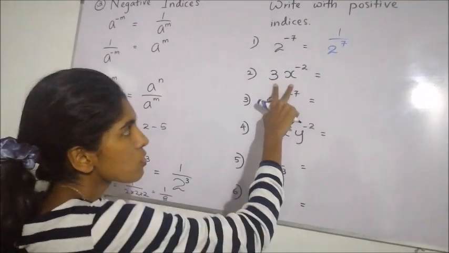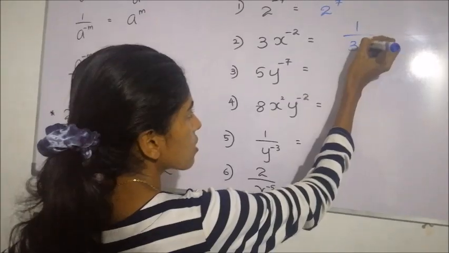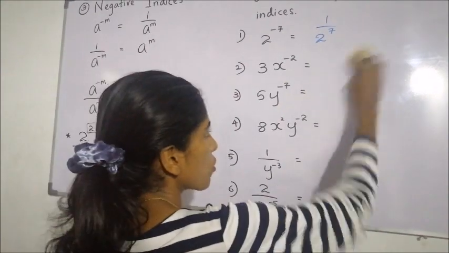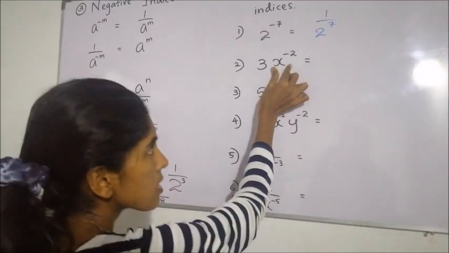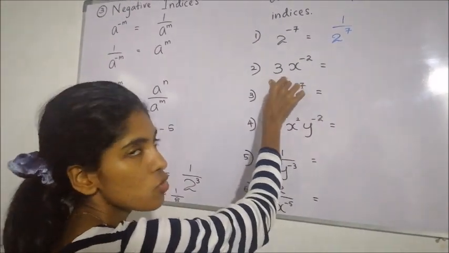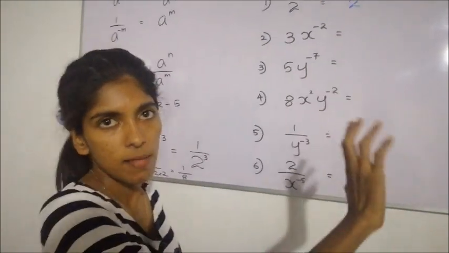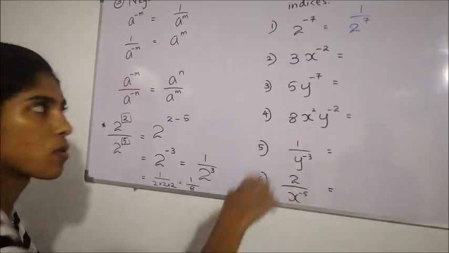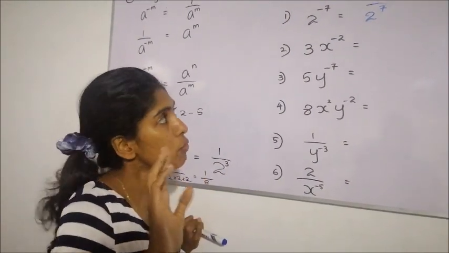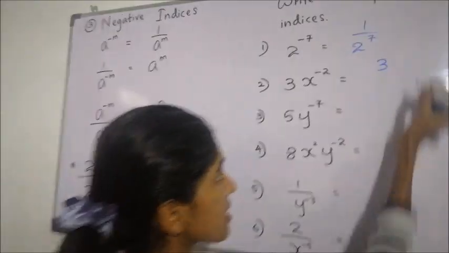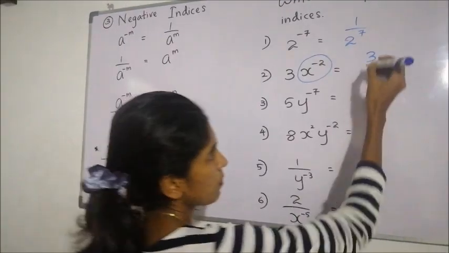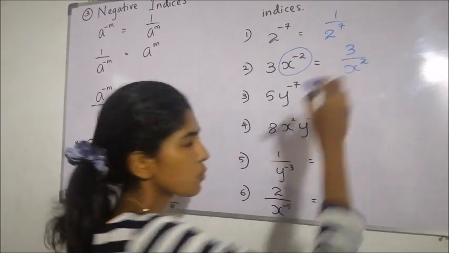most of the time I have seen children write like this, 1 over 3x to the power 2. Is this correct? This is totally wrong, right? We should know that, of course, this is a power, in index notation, but this 3 is just a whole number. Leave it as it is because its power is just 1. As a whole number, we can think of it as an index, power is 1, it is positive, so no need to change it. Write 3 as it is, but we will change this x to the power minus 2, only it should go down, so we can write it as x to the power 2.